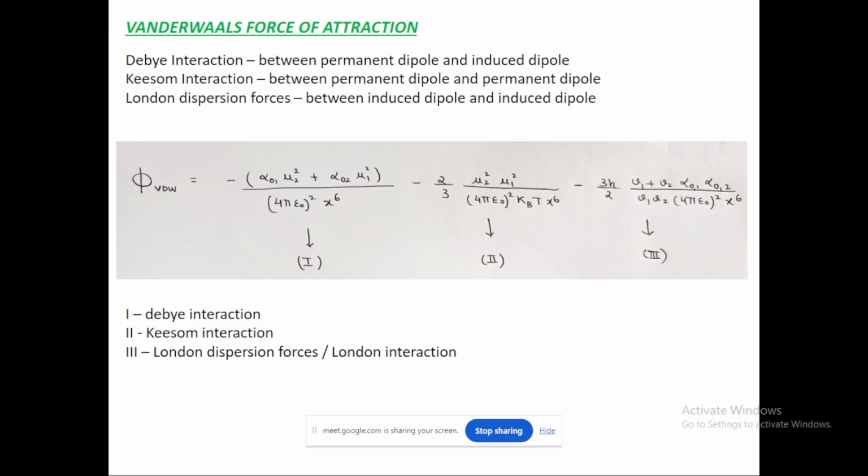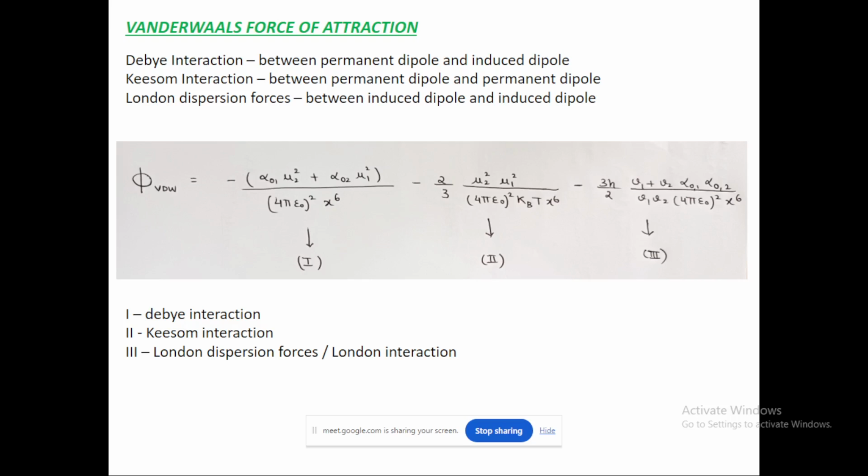So with this sign convention, we can state that the van der Waals forces of attraction that exist in any two molecules or any two colloidal particles are always attractive in nature. So that is one. And then the second one is that the van der Waals forces of interaction is inversely proportional to the distance between the two molecules raised to the power 6. So you can see the order in which the van der Waals forces of attraction will vary with the distance